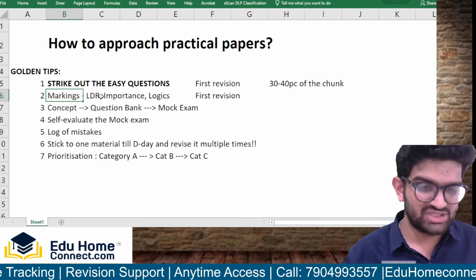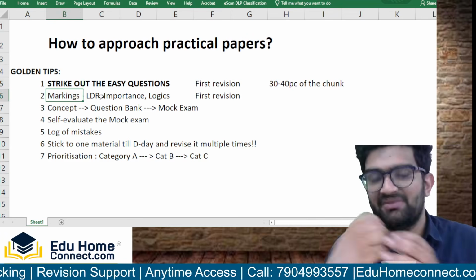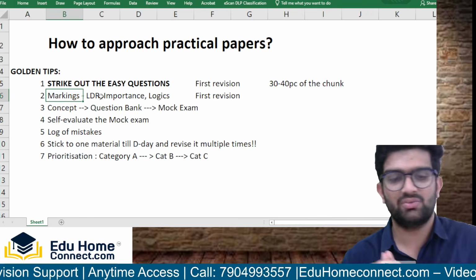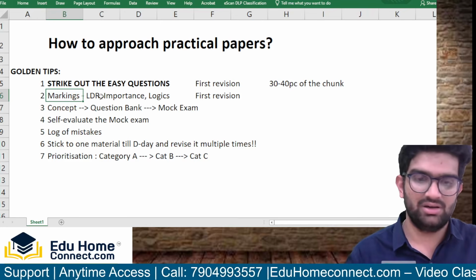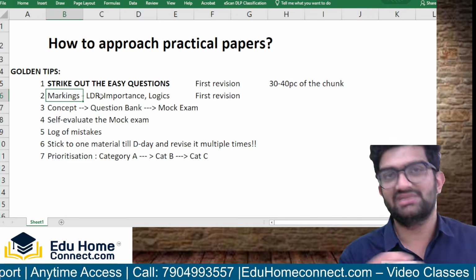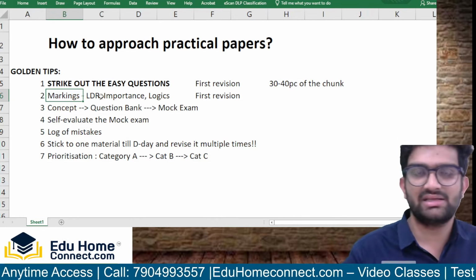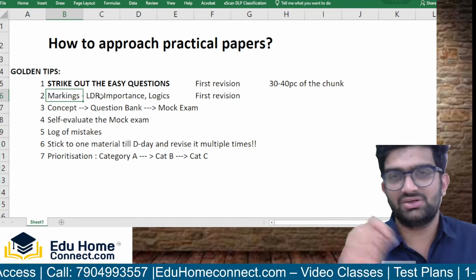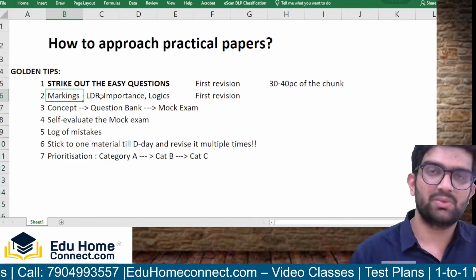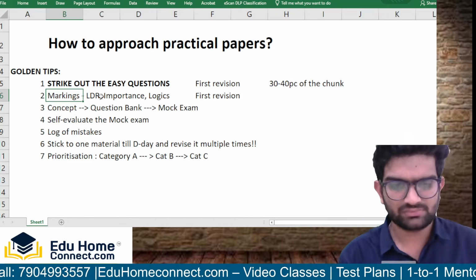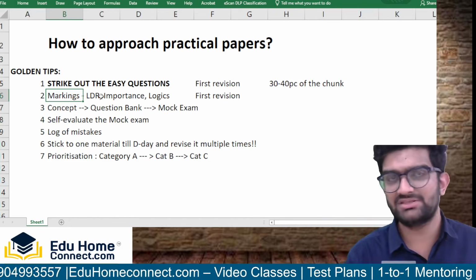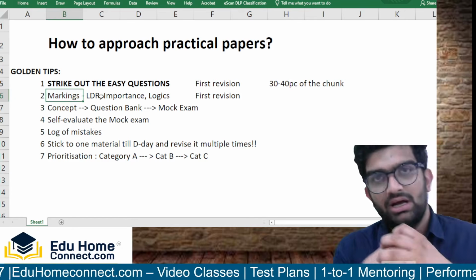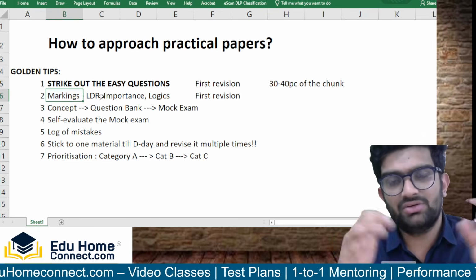Then markings, extremely important. You need to mark preferably with a red pen, both on your concept book and your question bank. What should you mark? You should mark things like LDR. LDR stands for last day revisions. These are the markings that show that you have to revise this particular question in the last day before exam. So mark all the LDR concepts, LDR questions,